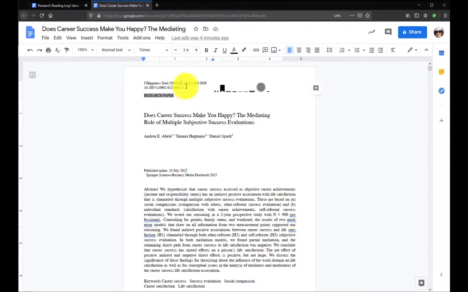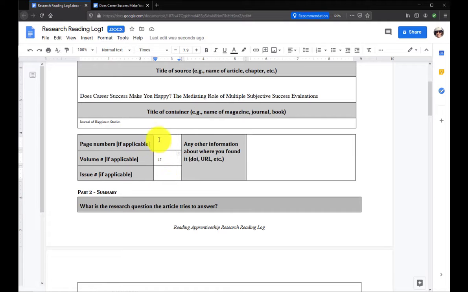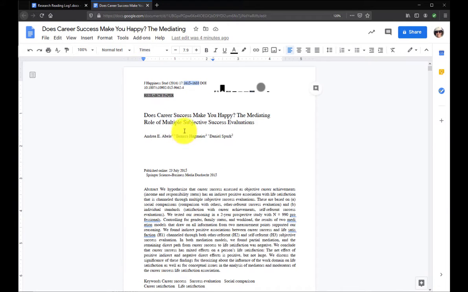So I'm copying that over and I'm looking back, and an issue would come right after the volume. And since there is not an issue number there, I'm just going to copy the page numbers, which come next in that sequence there. And then finally, I'm going to go back and look for either a URL or a